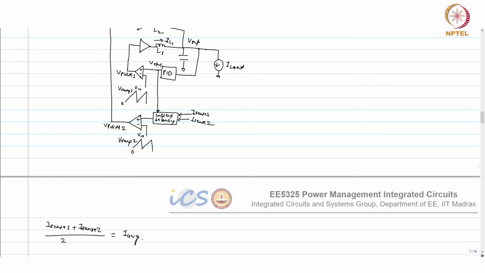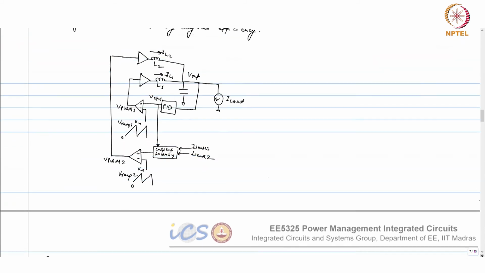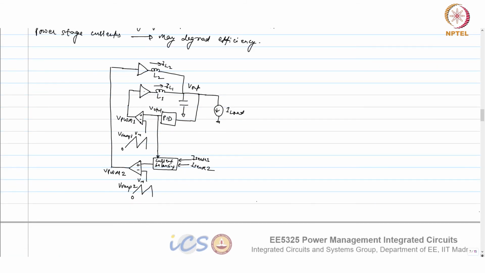So let's say 600 and 400 milliamp instead of 500. The 600 milliamp has to become 500 milliamp, which means reduce it by 100 milliamp, and the other side has to be increased by 100 milliamp. So you compare with the average, whatever is required. This requires current sensing, and we know how to do current sensing. So it requires extra hardware, extra complexity, all those in multi-phase. So this is the main problem actually with multi-phase.